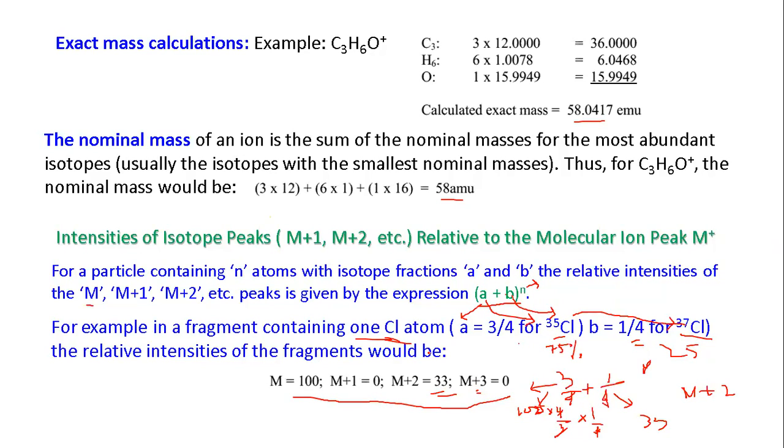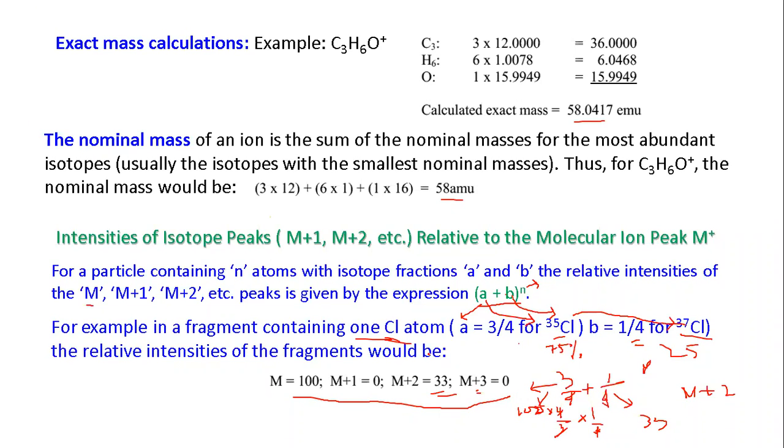Suppose you have a molecule with one chlorine atom, say benzyl chloride, PhCH2Cl. Suppose it is generating one cation, the molecular ion peak, which we call M plus. Now the chlorine can be the chlorine 35 isotope or the chlorine 37 isotope in the molecule. When you consider 37, what is the molecular weight? M plus 2. Because 35 is the regular one, the most abundant isotope, we take it as M. When you consider chlorine 37, you are considering 2 units more mass, 35 to 37. So that becomes M plus 2.